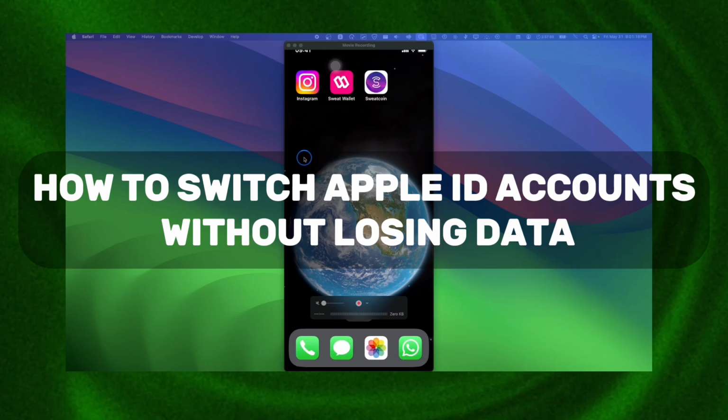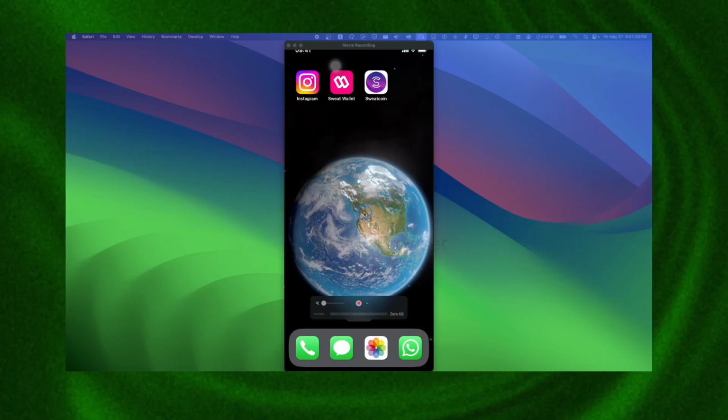In this video, I'll walk you through changing your Apple ID without erasing any data from your